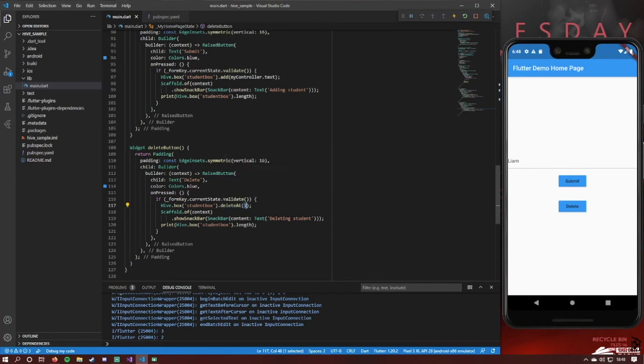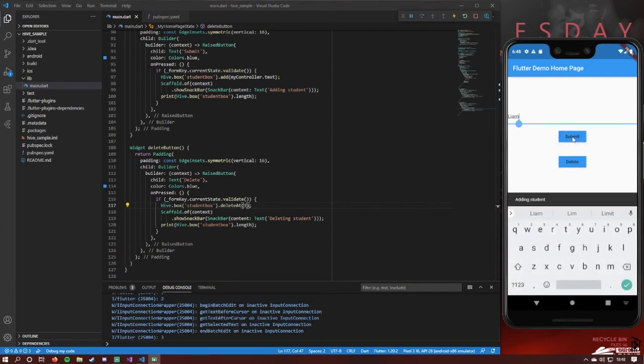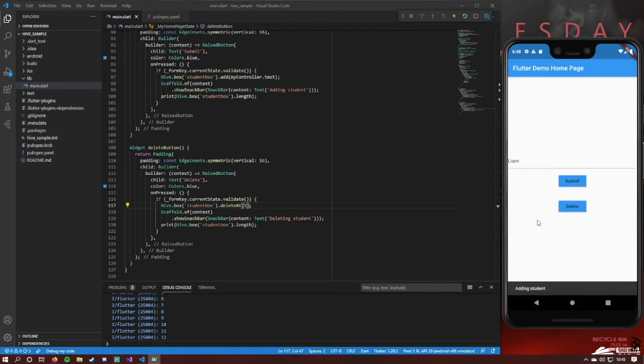from the box. In this case, I've happened to have hard-coded an index of 1. However, if I press this a couple of times and just get some students in the database, you can see in the debug console it just goes up and up and up, so we're continually adding to the box. Happens to be that there's loads of Liams in this class, and if I then press delete a bunch of times, we should see a countdown essentially from 12. 11, 10, 9, 8, 7, 6, and so on and so forth, because it just so happens that every time we're deleting the